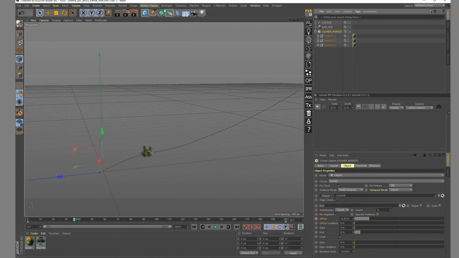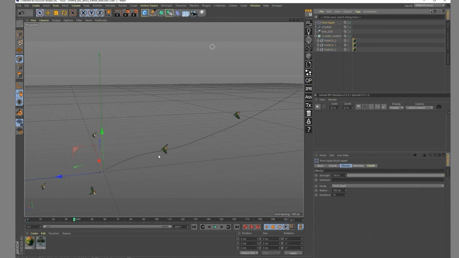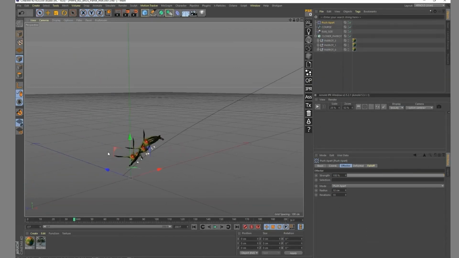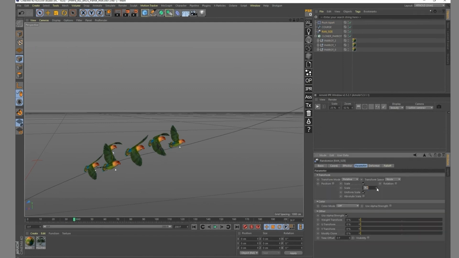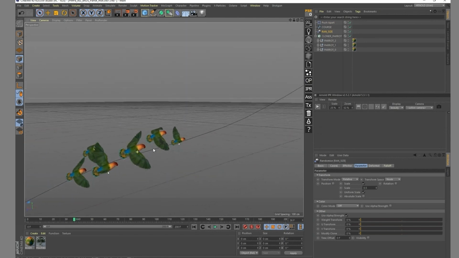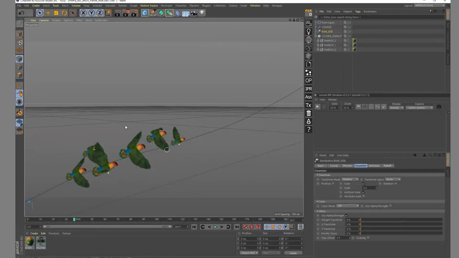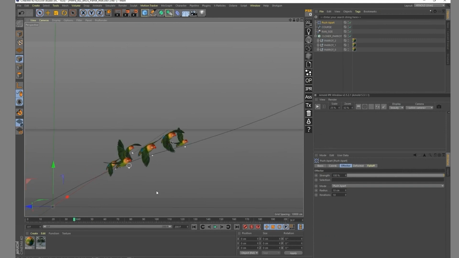And I can also put that wonderful MoGraph effector, which is the push apart. So right now the value of the push apart is way too big. I think 20 is a good value for those parrots, maybe 10 even. So I have all of them going in the right direction, not bumping into each other, and I can change the random size to be a bit bigger, so 0.5. And because of the way my cloner is made, if my parrot is bigger, it's going to need more space, but the push apart is going to work that way exactly. So that's nice. It's already working fine.